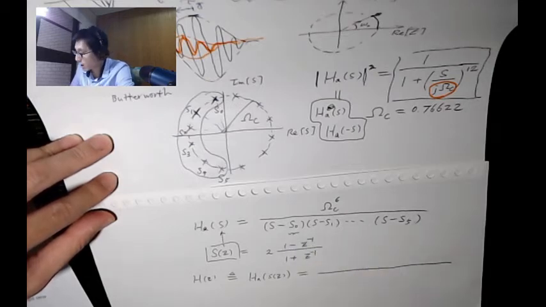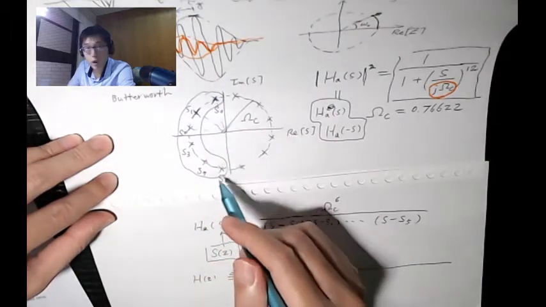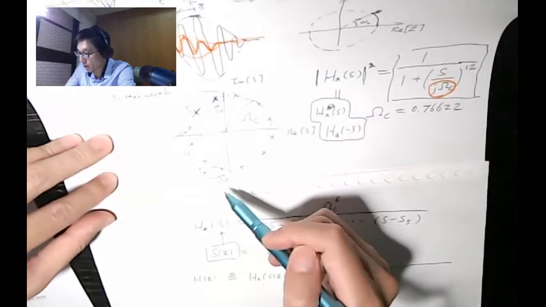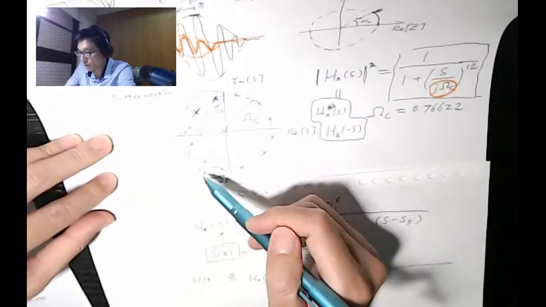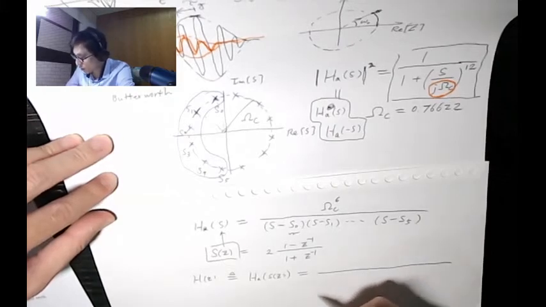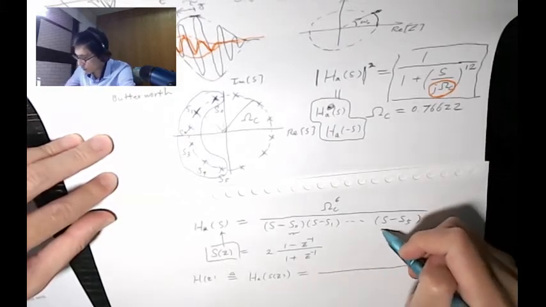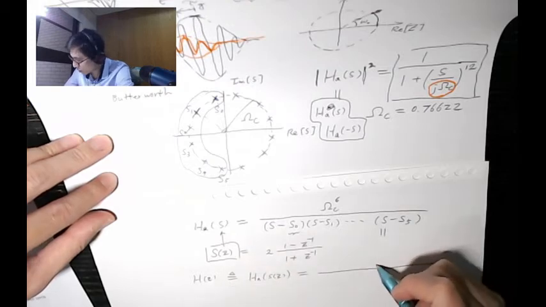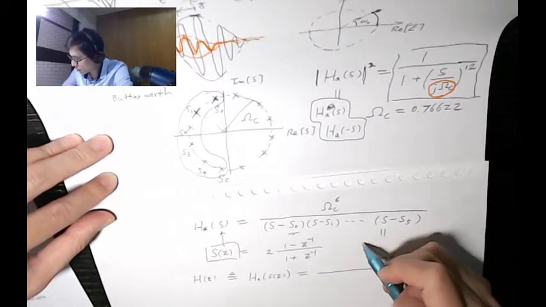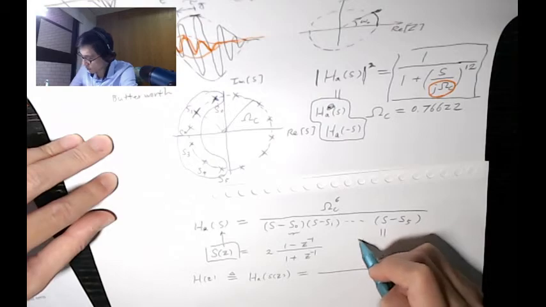But wait, you might be able to simplify the picture a bit by noting that these poles all occur in conjugate pairs. So s0 is going to pair with s5, s1 with s4, and s2 with s3. Before we make this substitution, we still have omega c to the 6th power over here. That's still going to be there. So let's pair the poles in the top part.